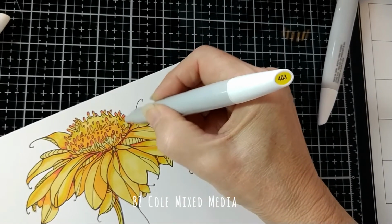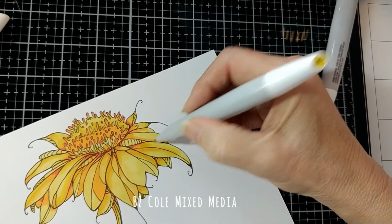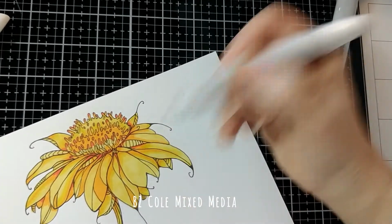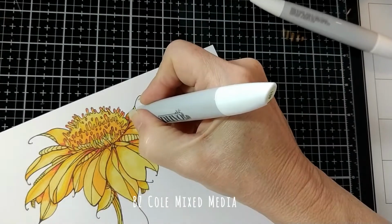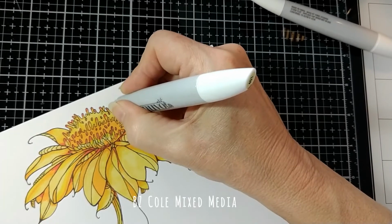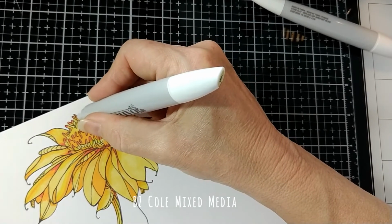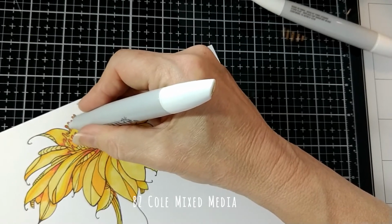So it's a pretty good deal, and like I said, the color is amazing. So I used that marker to blend, and now I'm blending with the little red up there, and it's just amazing how easily they blend. I mean, look how fast I'm moving. This is not speeded up. And I'm using the